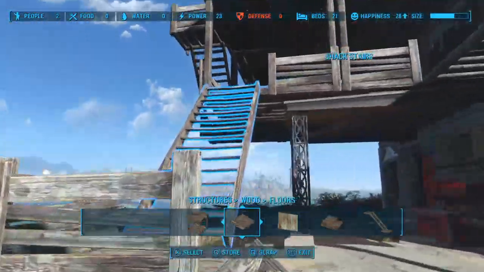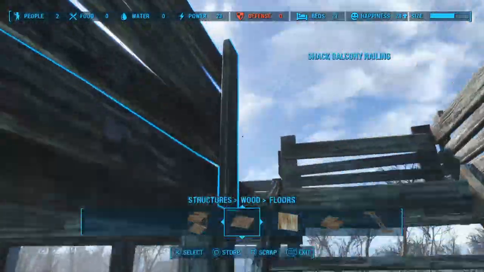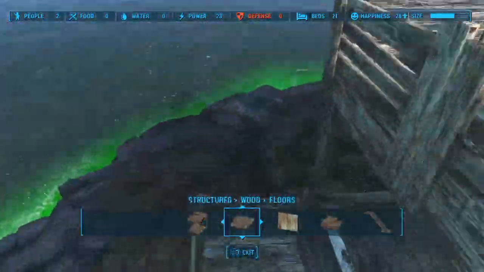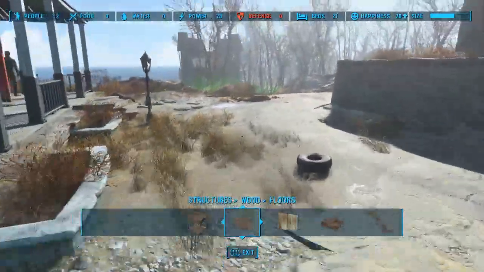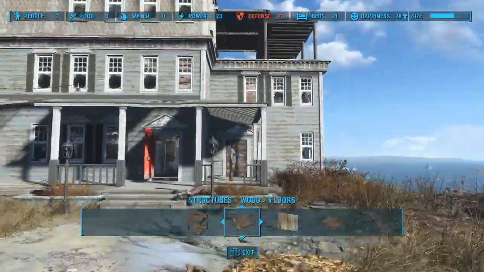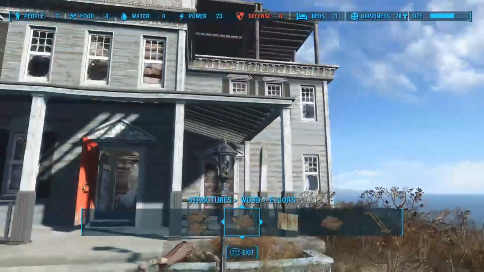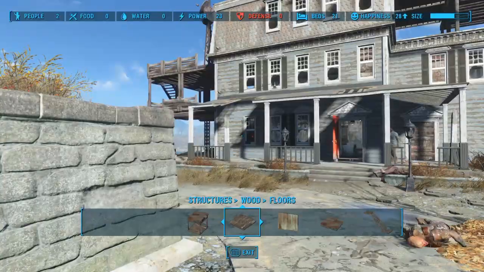Okay, so we are now wired for power. And we can check and make sure that our beacon is now recruiting, so hopefully we will attract more than 2 settlers here now. Our power situation is looking pretty good. We've got 23 power here, so if we need to light up anything else we can. I have no idea if you were to attach power to anything like this, if anything would even remotely happen,